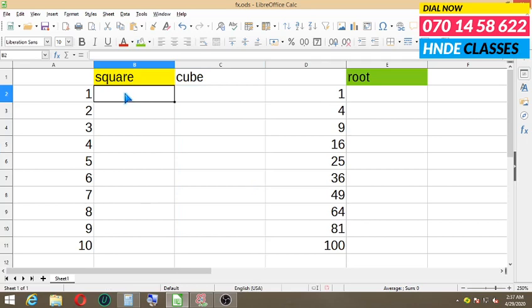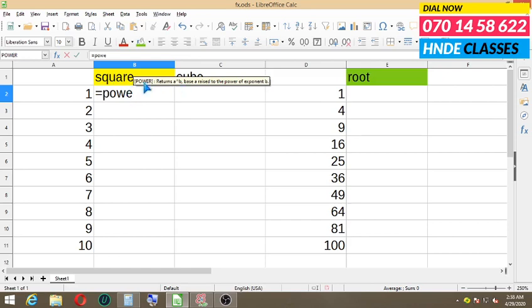In case you happen to be using this magnificent piece of software called LibreOffice Calc, this is how you do the function. Hit equals to prompt the function wizard, and I'm going to use the function called POWER, and here it prompts.